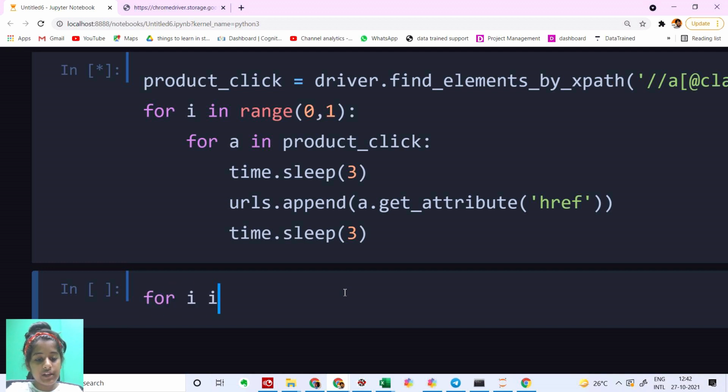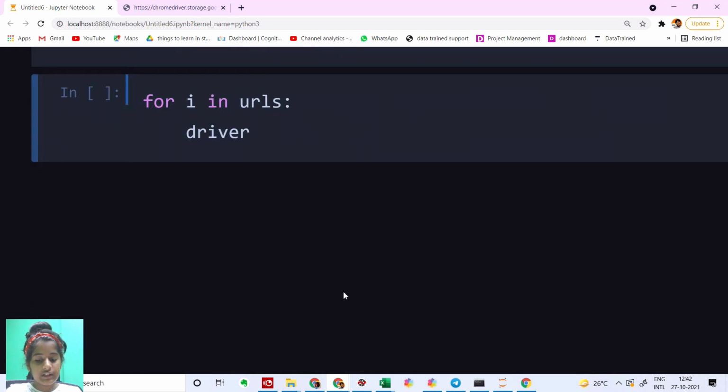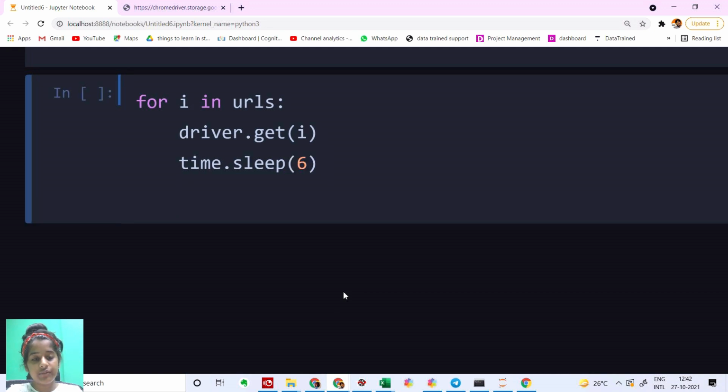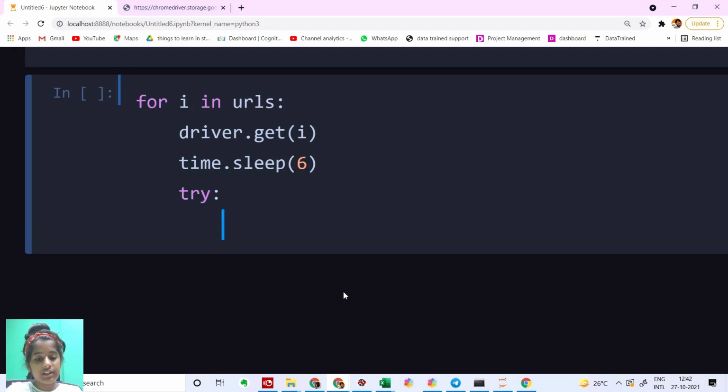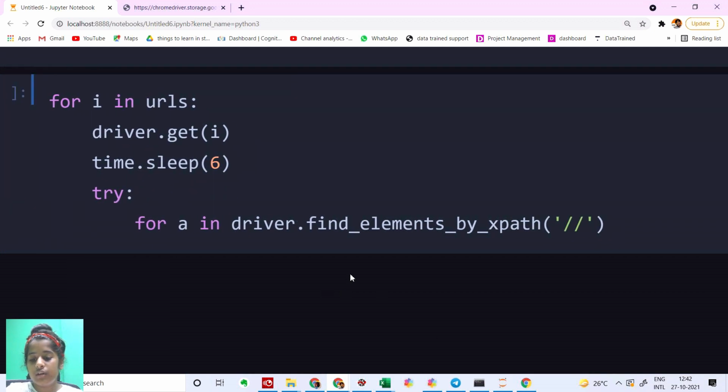And then we're going to create another for loop. I'm going to say for i in urls, driver dot get i first. We're going to click that i up here. Now we're going to use i. Time dot sleep 6 seconds. It's going to wait because we need time for extracting the data. And then I'm going to say try, for a in driver dot find element by xpath,